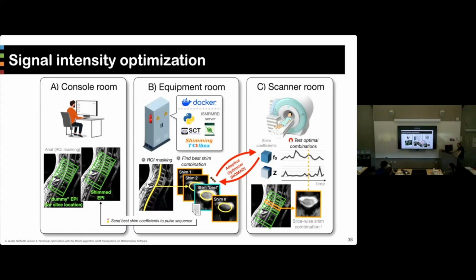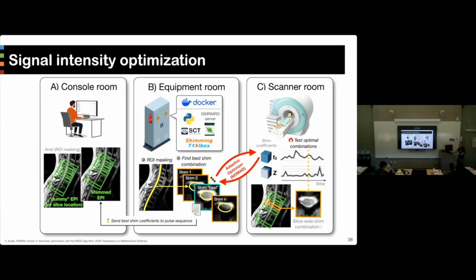And what we've come up with is to use Fire. So Julien talked a little bit about what it is, and what it allows us to do is to put some Python code or Python tools in a Docker container that's going to be running on the scanner, or more precisely on the scanner reconstructor. So what we've done is we've put SCT, Shimming Toolbox and optimization software in there, and the workflow is